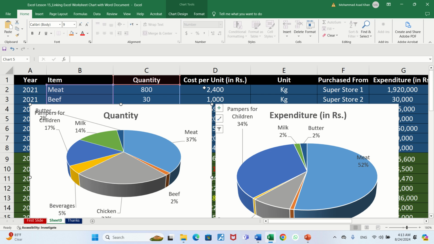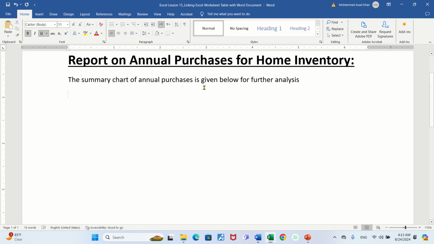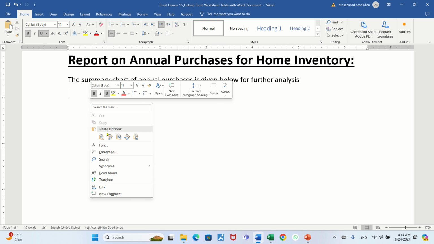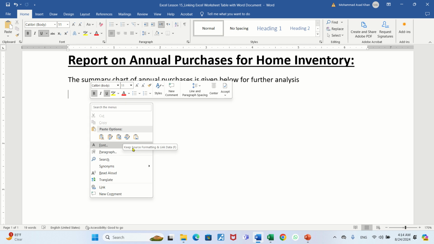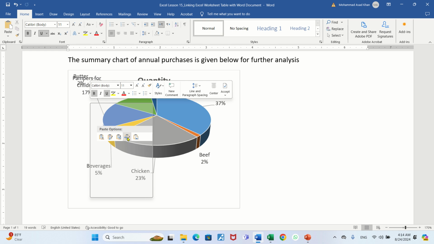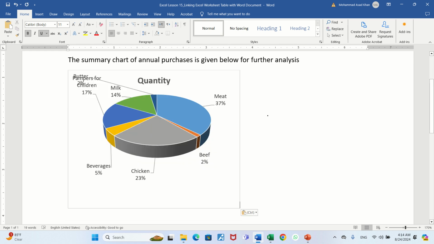So I'm copying chart one, the quantity chart here, and through Alt tab, I have moved to the Word document. So I'm using the previous Word document, only I have changed the word chart here. So I will paste it, right click it, and see there are options. I will keep source formatting and link data. I will click this one. See, and the other one is